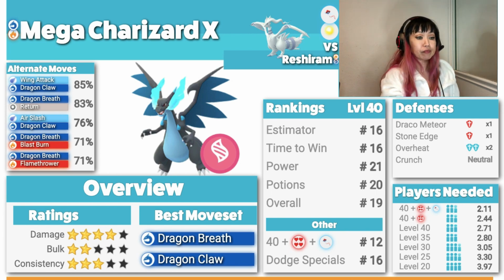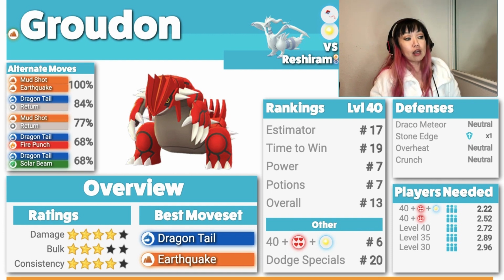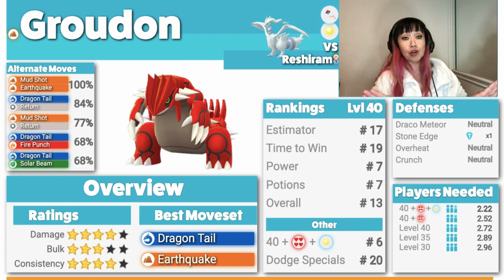So next up is Groudon. The damage for bulk 3, consistency 4, best moveset is Dragon Tail, Earthquake. Mud Shot Earthquake is fine too, especially if you get sunny weather. Yes, when you want to use Ground Pokemon, it's literally that time when you get sunny weather. Like if you're in an area that tends to get a lot of sunny weather, then yes, the ground